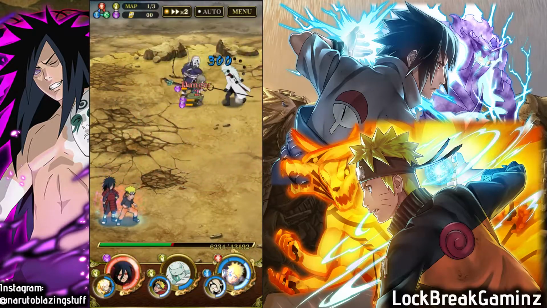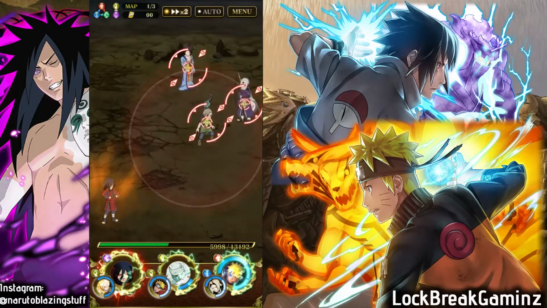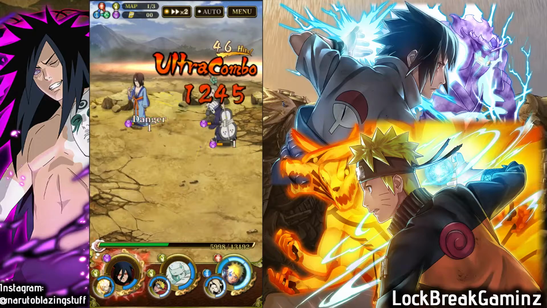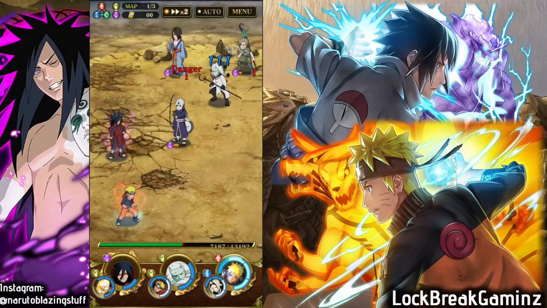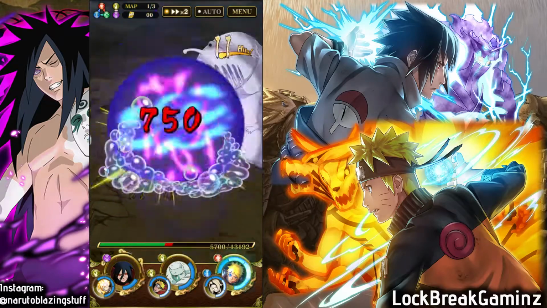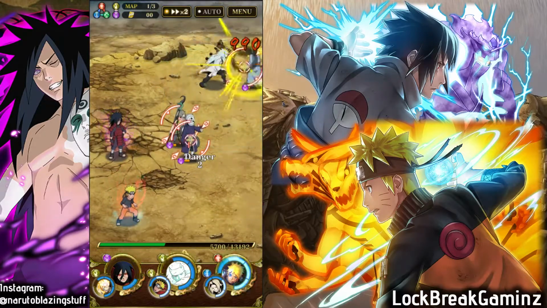Sage of Six Paths Madara is going to be the main tank here, since he has about, I think, 60% damage reduction in total for wisdom. Maybe not 60, but I guess around there. So